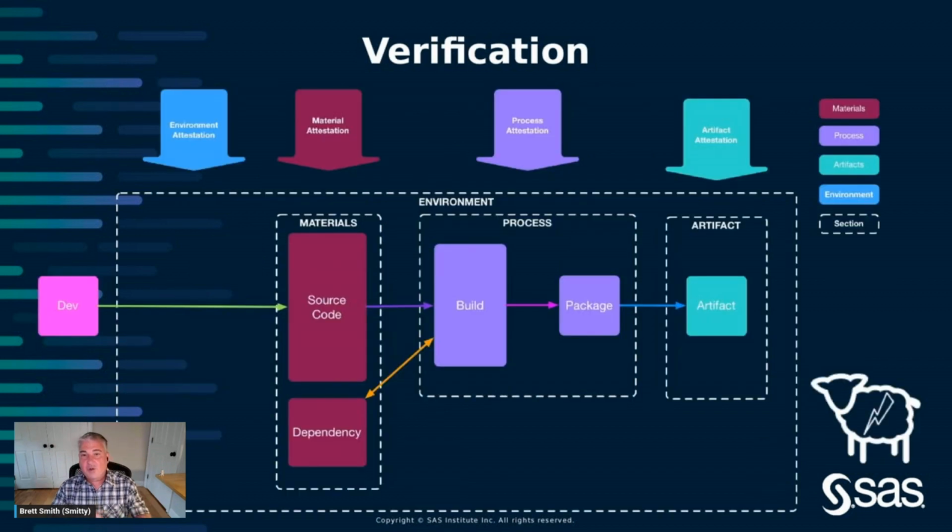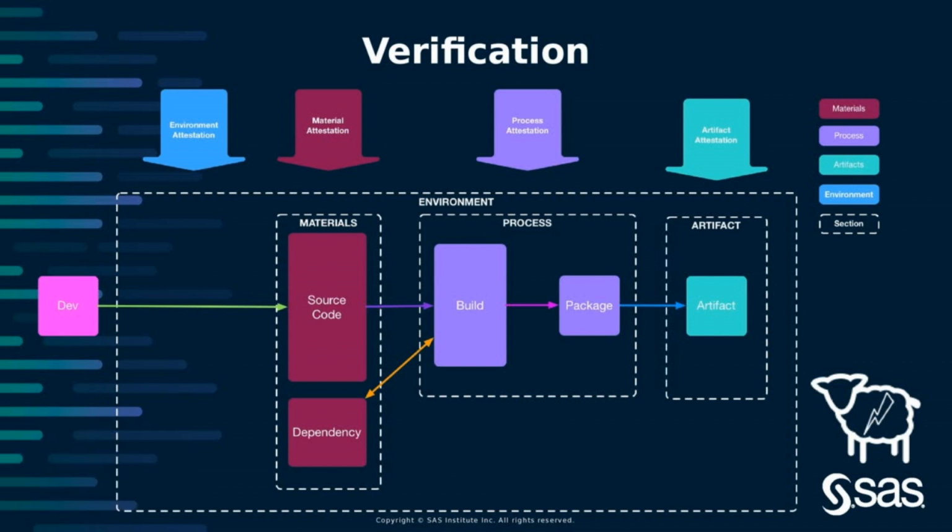So what if we teach the robots to verify the environment, the materials, the process, and the artifacts before running the actions? By verifying everything, we've already said we're going to increase security. And verification tools validate the signed provenance and verify metadata, including verification of the source repository used to build the binary. That is a lot of verification.